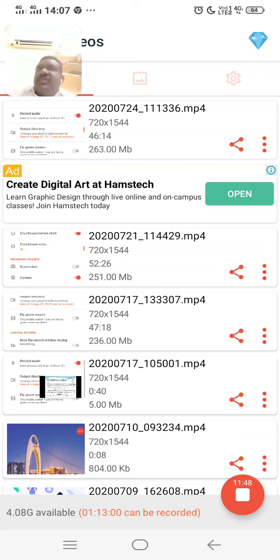Okay, so this is all about the calendaring method. Okay,